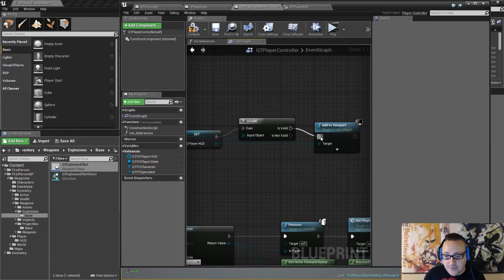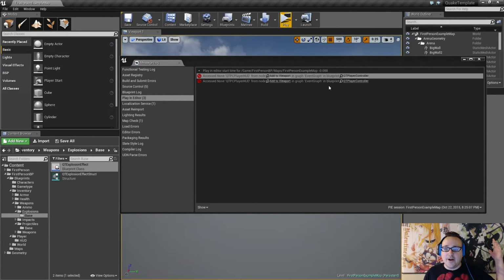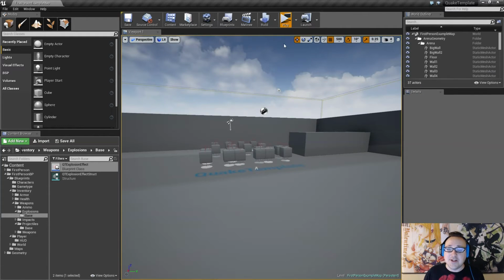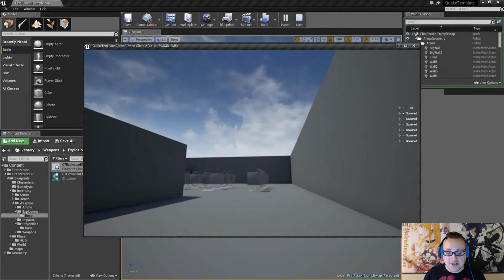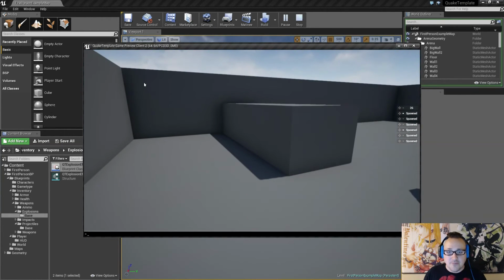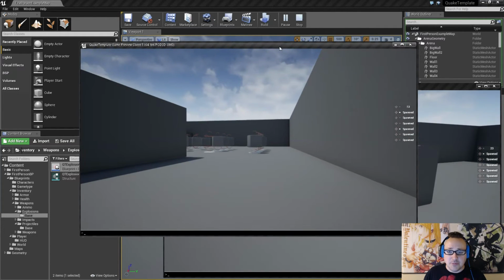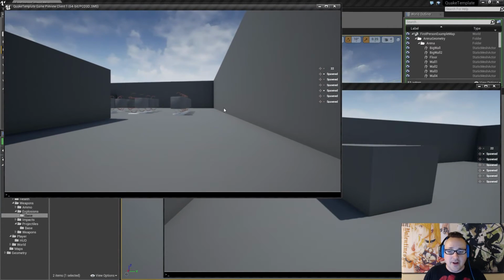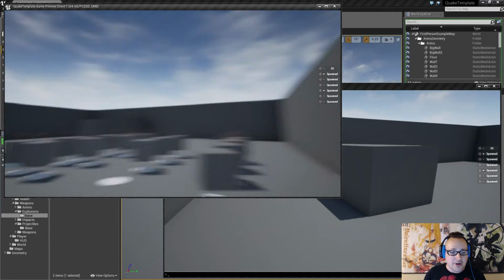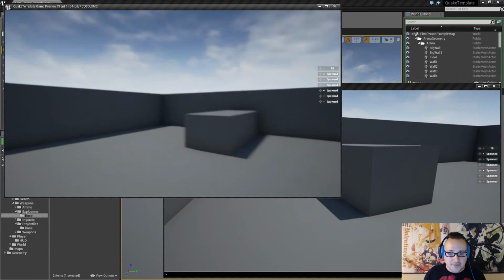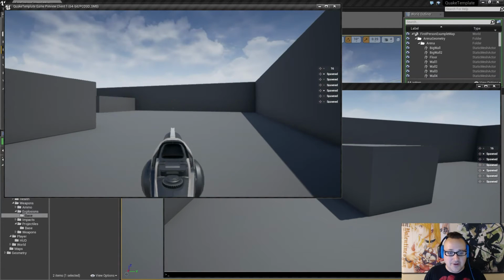If it's valid, then add to viewport, and that gets rid of the error. Whoever's watching this, please, if you know what the hell is causing this. So the error is gone, and I'm running it in multiplayer, and at least part of the HUD is working. You can see the health and stuff like that